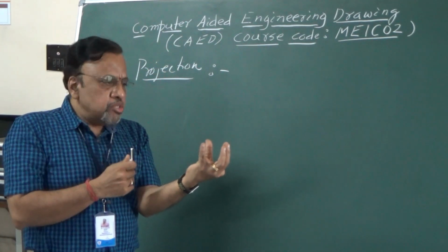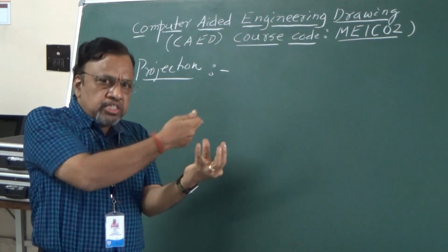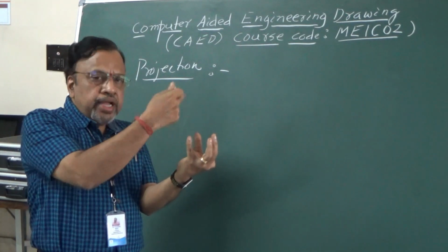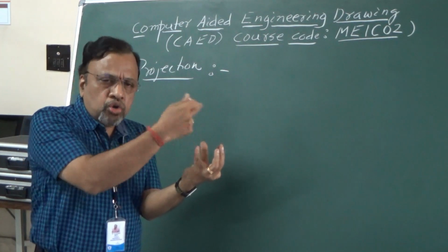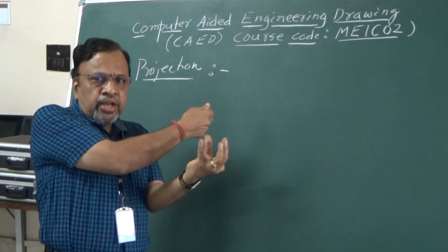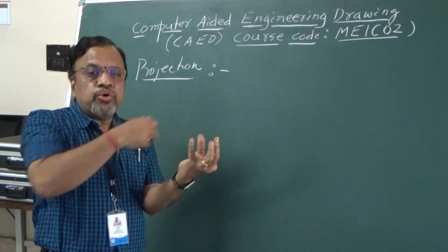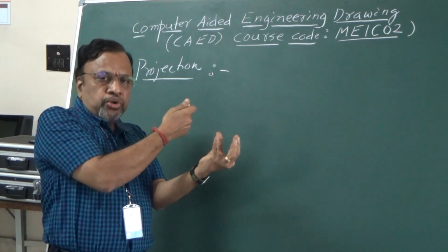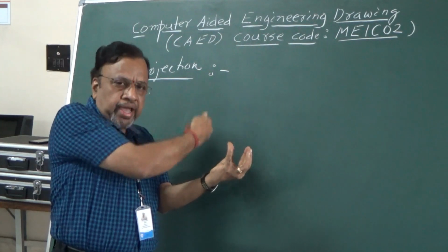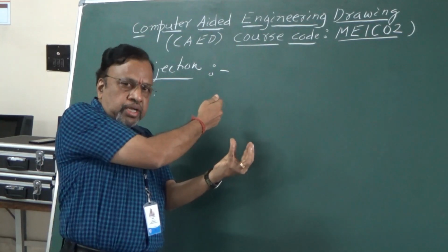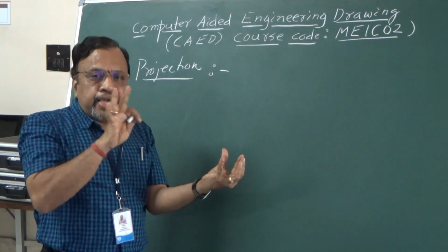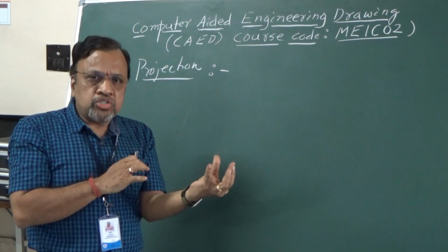Now, again in this particular case, I told you that we have drawn the lines. Those lines which are drawn from the salient features of the contour of the object to the plane are known as projectors. The projectors which intersect this plane give us a point. Then, as I told you, if I join them in a proper sequence,